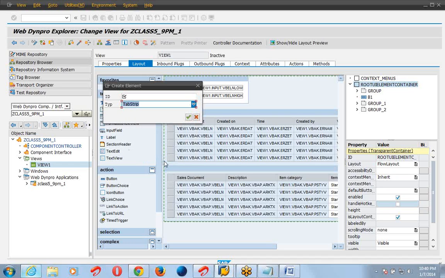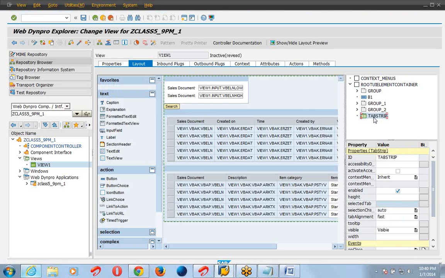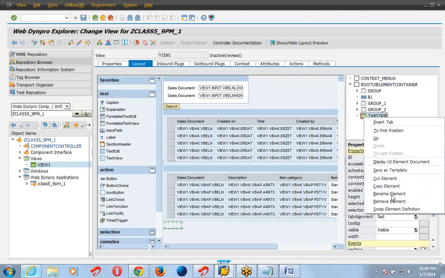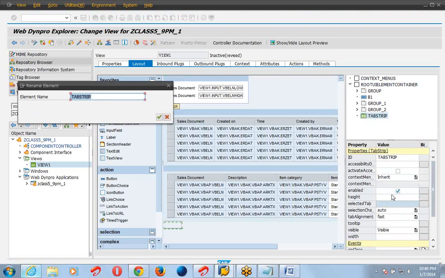There will be a UI element tab strip. Rename header data, HD.